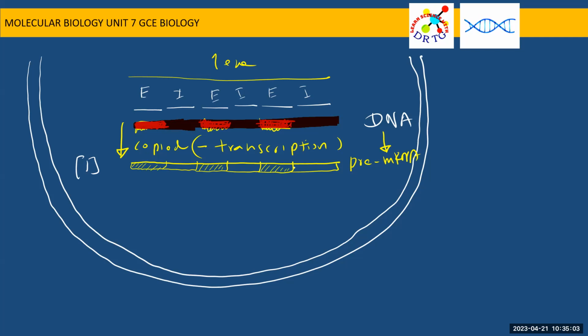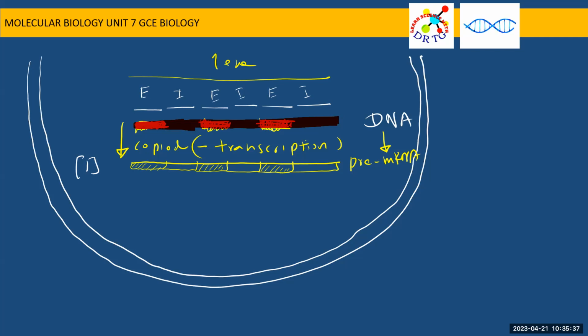So this is clear. The sequence is copied to the mRNA molecule, the copied molecule now called mRNA, messenger RNA. That means the base sequence is copied to the mRNA molecule. Yes, clear. Okay, in the next stage,